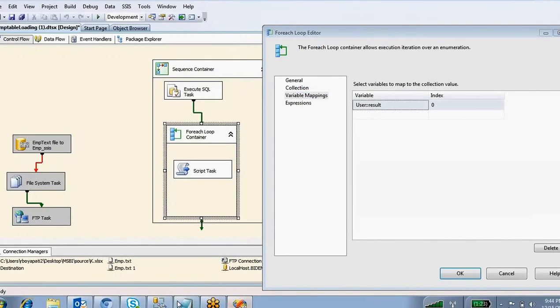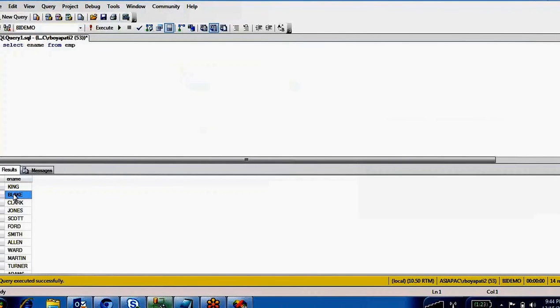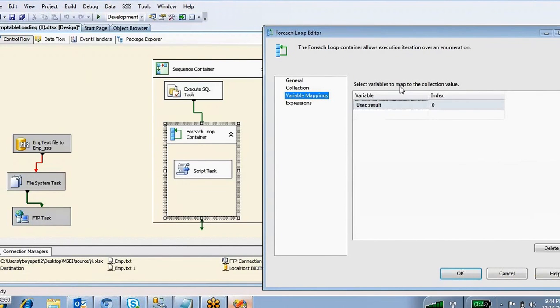The second time Blake, and the third time Clark. One value at a time it is stored into this variable for each iteration.